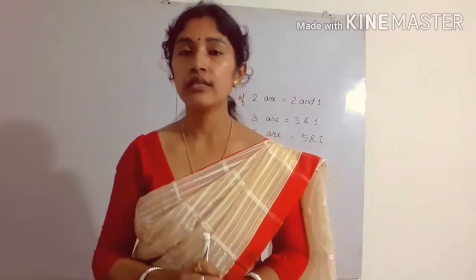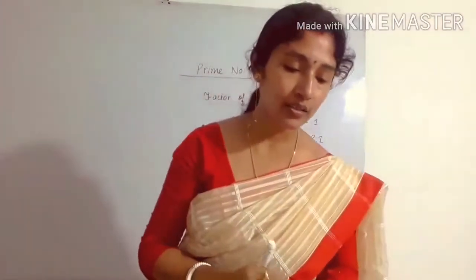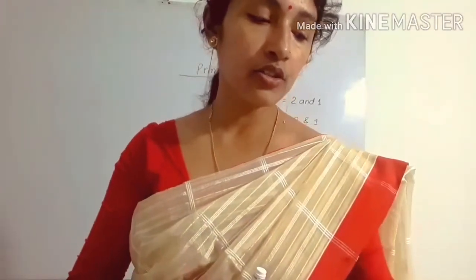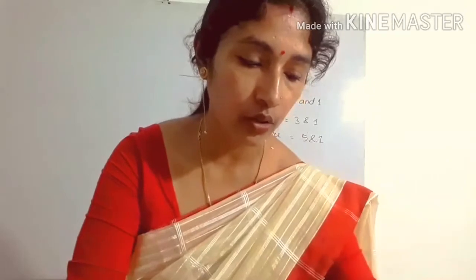So that means 1 is neither a prime number nor a composite number. Next, there is a task, you have to do it in your book. You have to see the table 3.4. Here you have to cross all the non-prime numbers, that means which are not prime. So which are not prime, you have to cross it. Okay, so you can use your pencil and you can do it in your book itself. Okay, so try to do it.